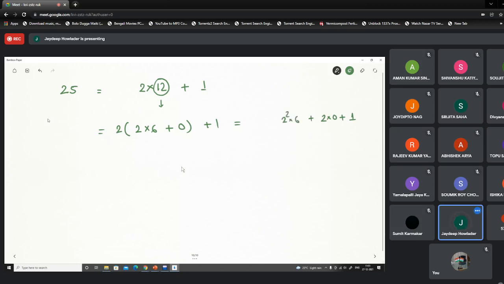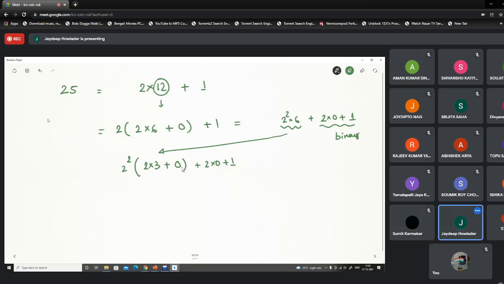This part is already in binary. Now we have to work with the 6. We take 4 plus 2, so 2 into 3 plus 0, and the rest is 2 into 0 plus 1. Do you get this point?